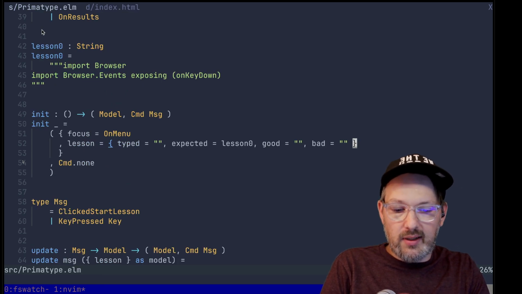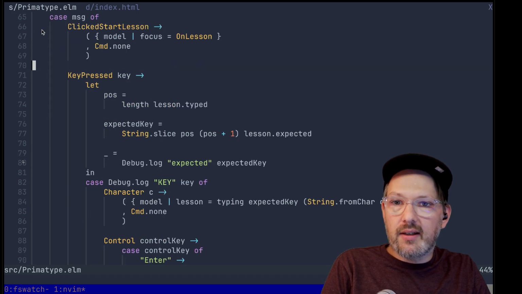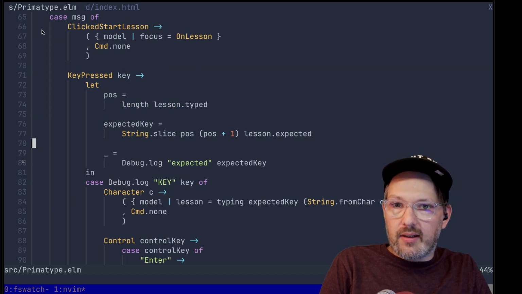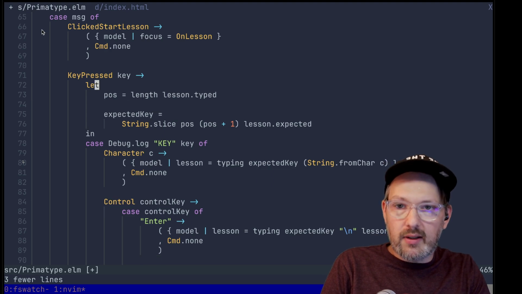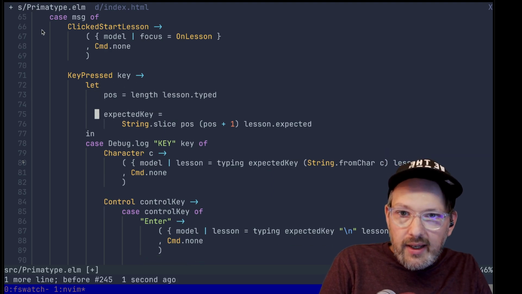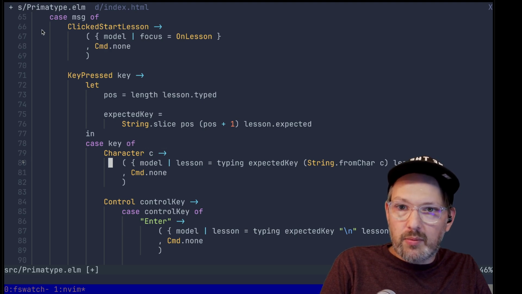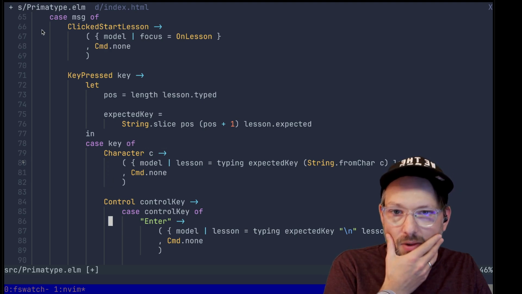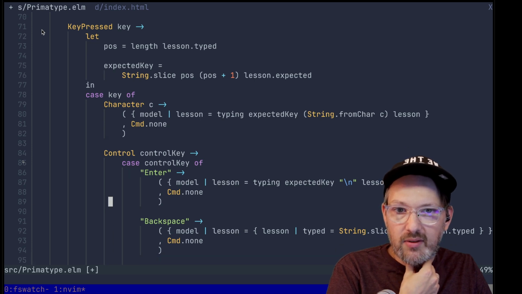So let's go back to our update function here. I think I'm just going to remove this debug statement for now. This we don't need either. Boom, key. So if we have enter and backspace, those are both cases that we need to update. Although enter,